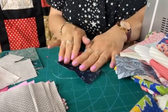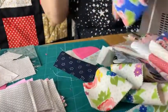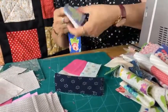So fold that and keep that there. Let's have another piece of jelly roll. I absolutely love jelly rolls, and these are the bits off a jelly roll I used, the picnic blanket one,